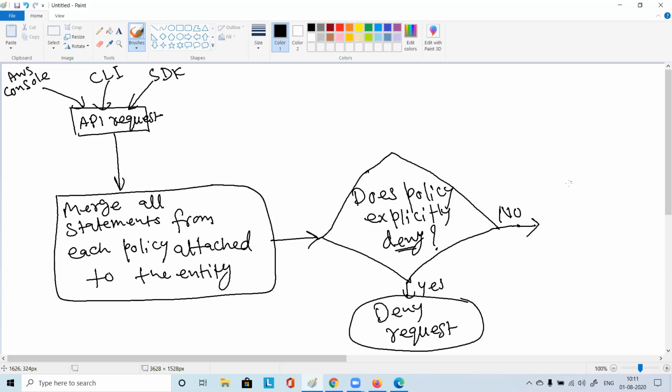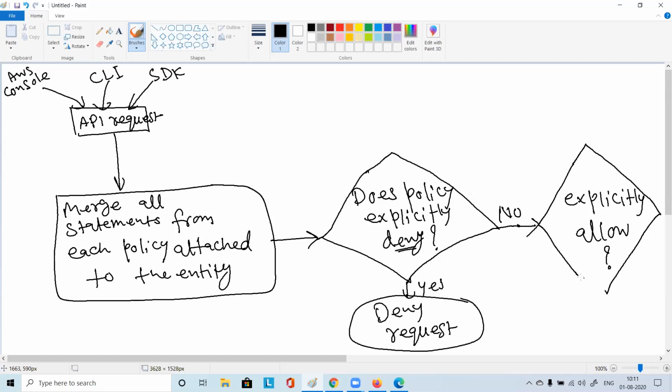Now there should be an explicit allow. If no explicit allow is there, then what will happen?